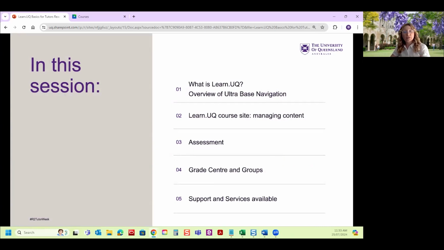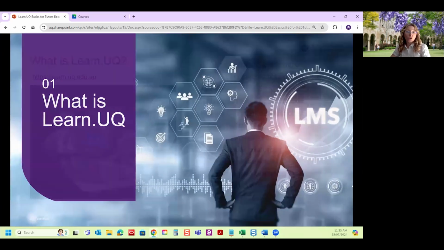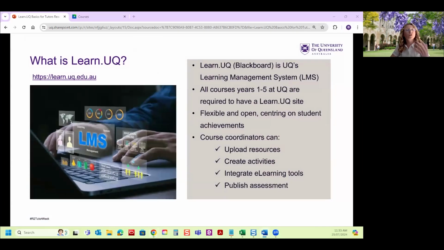We'll look at the grade center. That's probably where you'll be spending most of your time. And so essentially giving you the key information relating to your role as a tutor, and also talking a bit about support and services available for you. So what is Learn.uq? You probably all know, especially if you've already studied at UQ, if you're not completely